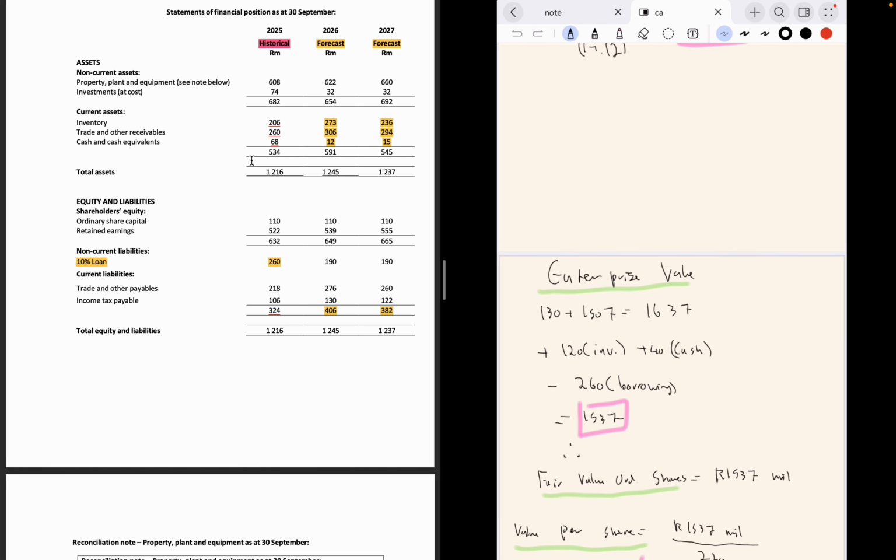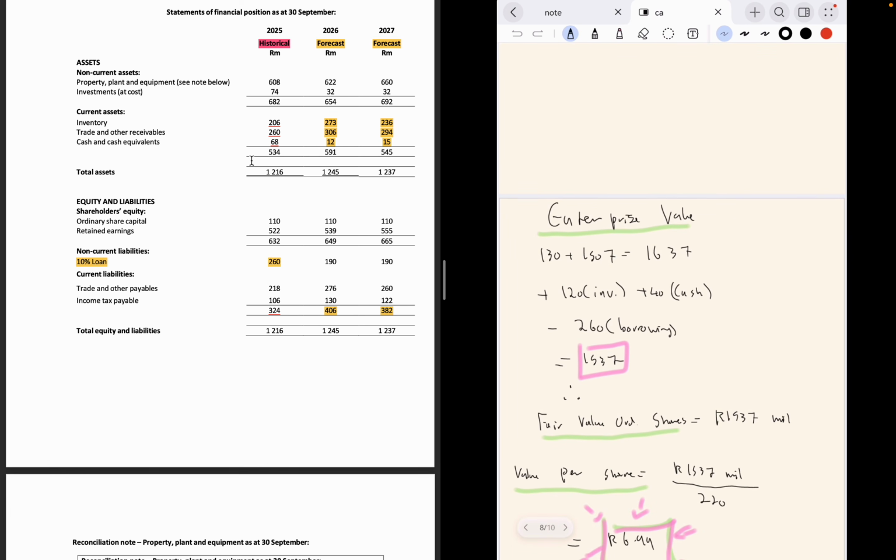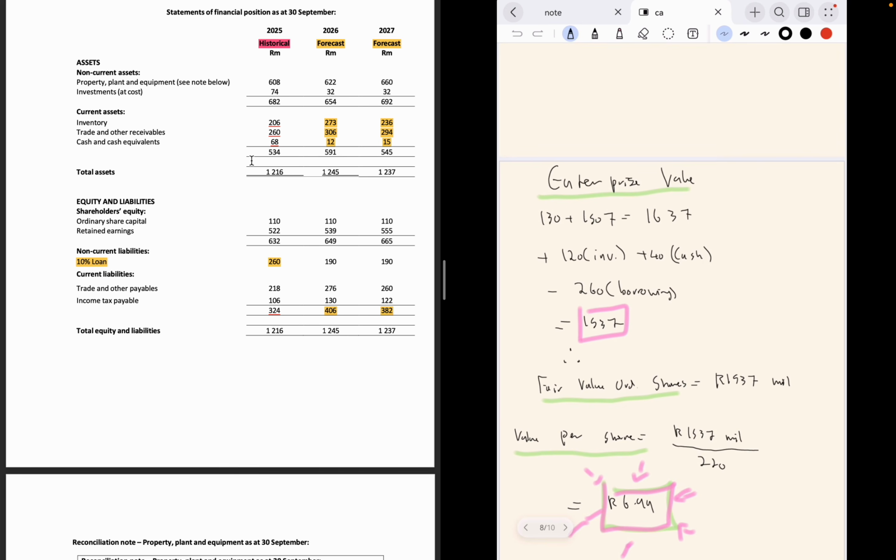So I've added my investments, I've added my cash that is surplus, and I've subtracted my borrowing. So cool, now I have the fair value of the ordinary shares. I have my equity, and then I want to get the value per share of the equity. I just divide it by 220. And that's basically it. Maybe I'll spend another minute just saying,